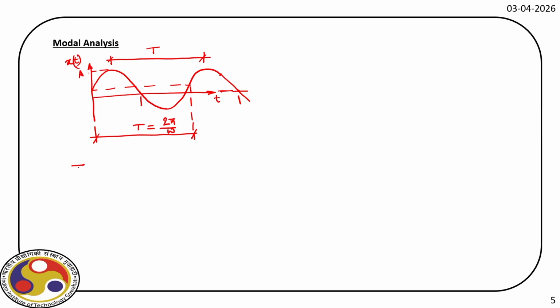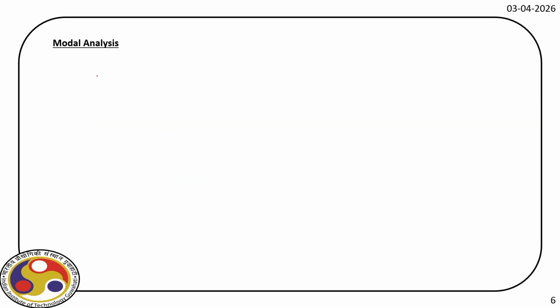So now if you allow the structure to vibrate, it will vibrate with this time period, which is nothing but 1 by frequency f, and f is in hertz, which is omega by 2 pi. So we get the idea of natural frequency if we have an SDOF system. Now, obviously, the question that comes to mind is, if we have an MDOF system, or multi-degree of freedom system, how do we deal with that?